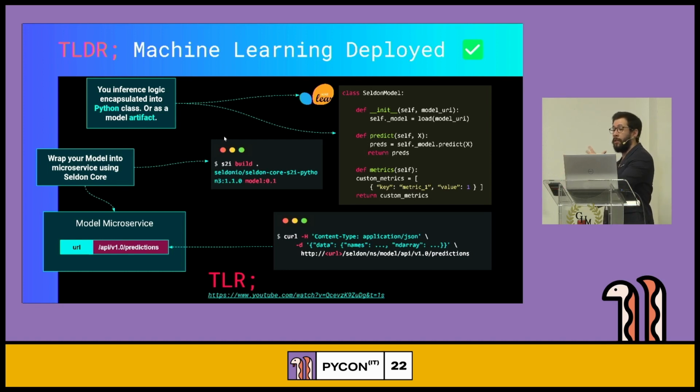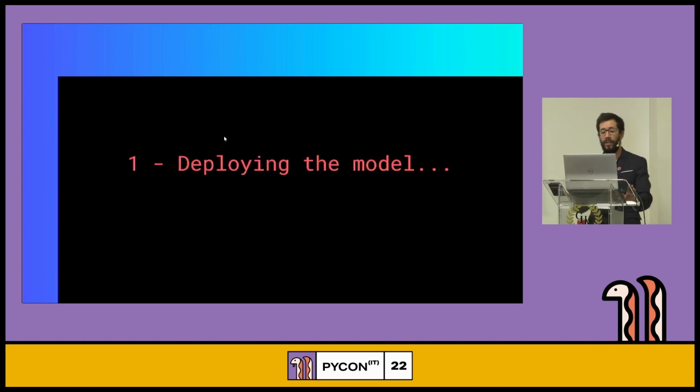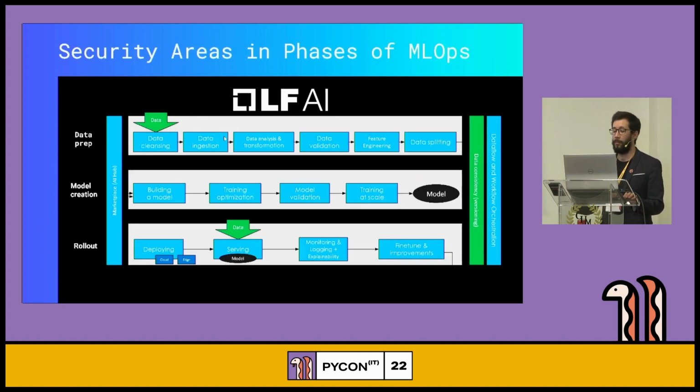We're going to be deploying this model, this artifact, into a container that will be running in a Kubernetes cluster that we're going to be able to consume. Of course, this is just a use case. The principles that we're going to be covering will still abstract and apply to other areas. So let's start with the first step, deploying a machine learning model.